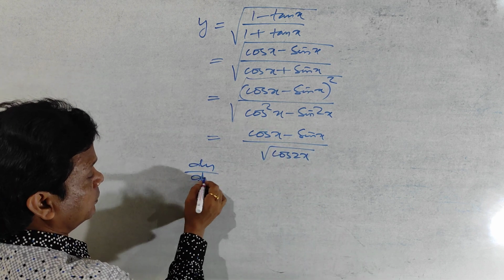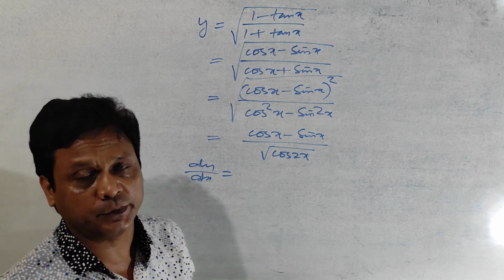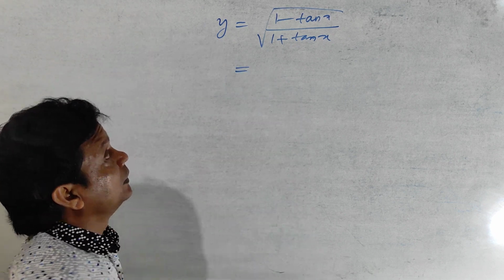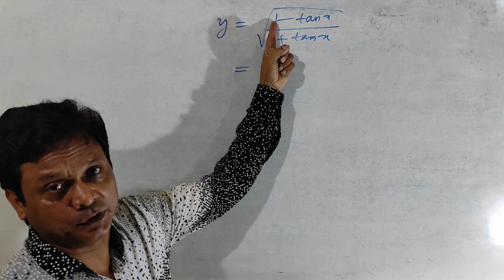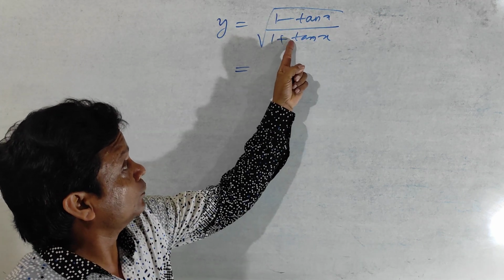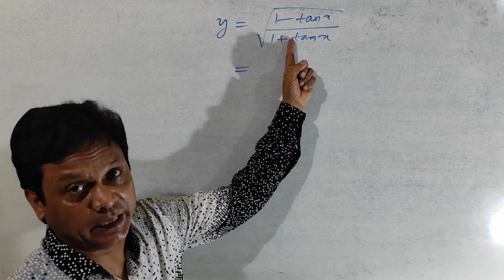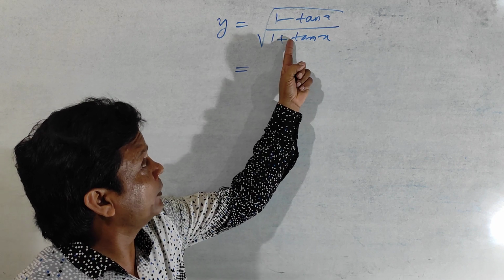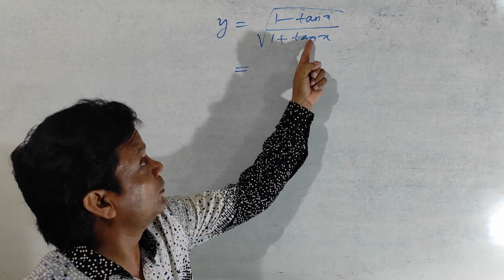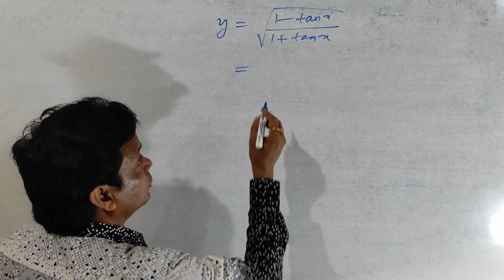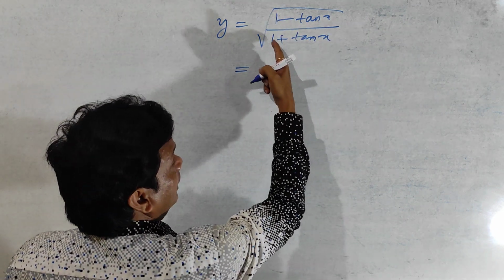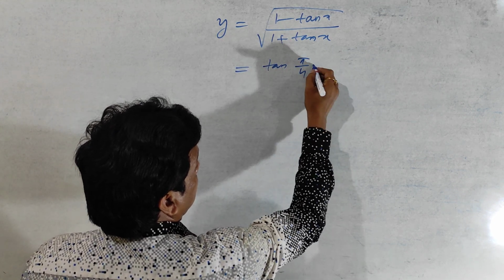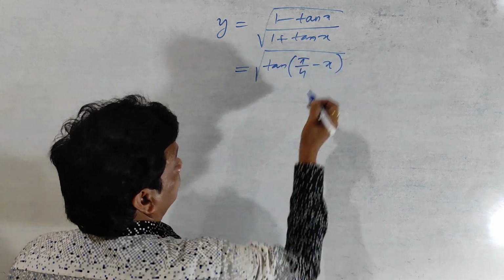Okay, then after that you should find out the derivative. That means you should apply chain rule. Okay. See here, again I am doing this problem in another way. In place of 1 I can write tan pi by 4, so tan pi by 4 minus tan x divided by 1 plus tan pi by 4 into tan x, because tan pi by 4 is 1. So 1 into tan x will not affect anything. So it will be tan a minus tan b by 1 plus tan a into tan b, tan of pi by 4 minus x, and root over of this one.